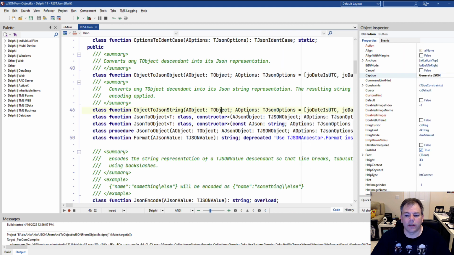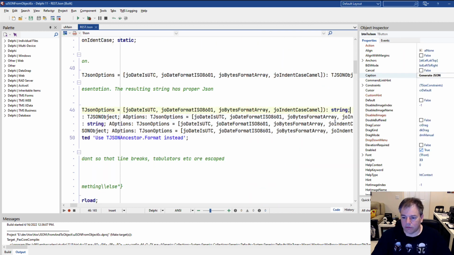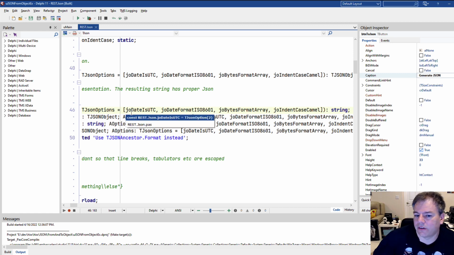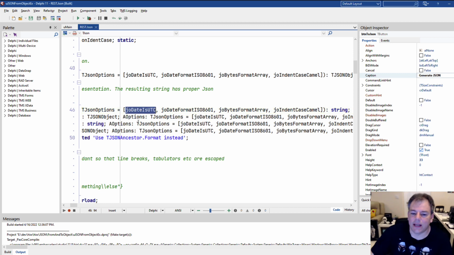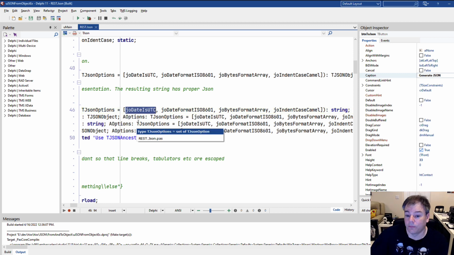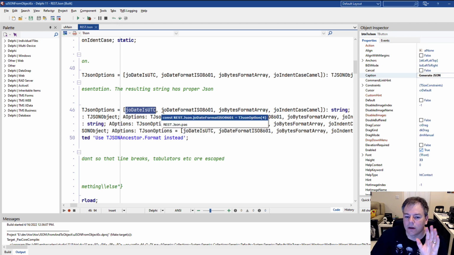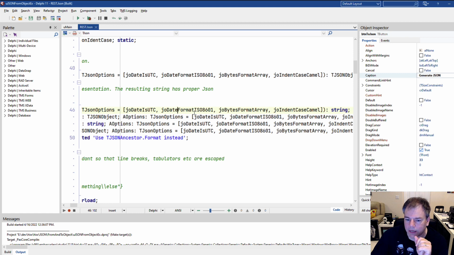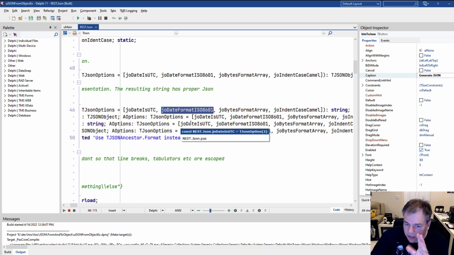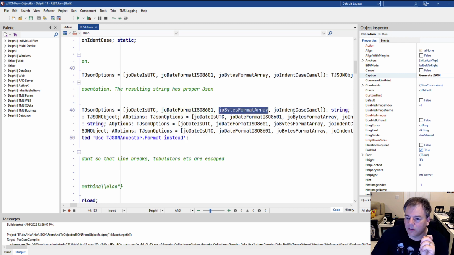Let me make that a little bit wider. If you look at the return value, a string. And we have certain options, and these are very, very valuable. You can say that the date is UTC. Do it. Always use UTC time, Zulu time, whatever you want to call it, and set this flag, because that will save you all issues in the long run. Always work with UTC. And then you can force the ISO 8601 standard for the dates. And these here in the back, case, camel, very important.